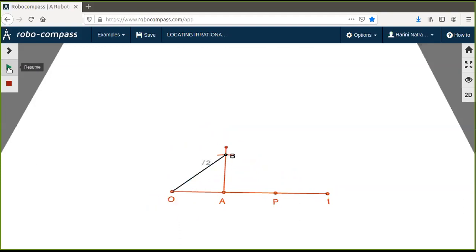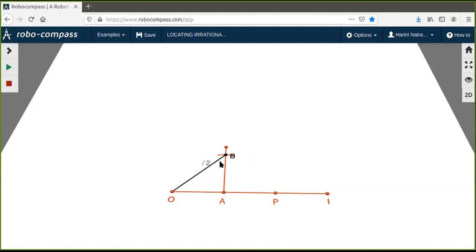So once your right triangle is ready, you know that OB is the hypotenuse of this right triangle OAB. It is right angled at A because we have drawn a 90 degrees at A. So if OA is 1 unit, your AB also is 1 unit because we have taken it like that. So your OB square, which is the hypotenuse, will be OA square plus AB square. So 1 square plus 1 square will become 2, and hence your OB square will be 2, and hence the OB will become square root of 2, which I have marked here.